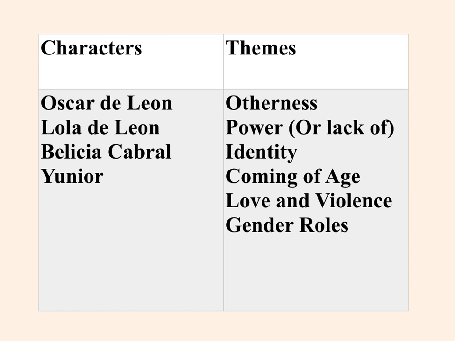Or identity. Identity is a major theme of the story. All of them are trying to figure out who they are. Oscar, he's this nerdy kid that is the anti-version of what it means to be a Latino male. He's not that. They always tell him that. Lola, she's trying to figure out, is she a perfect daughter? Is she this rebellious girl? Is she in love with, I forgot her boyfriend's name for now, but there are versions of this. So all of them fit any of the themes, and there's no easier version, there's no harder topic. It just depends what you want to follow.